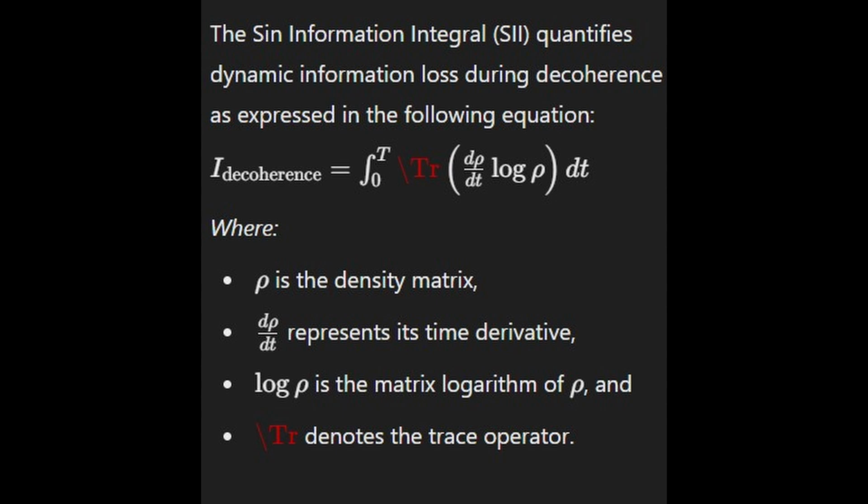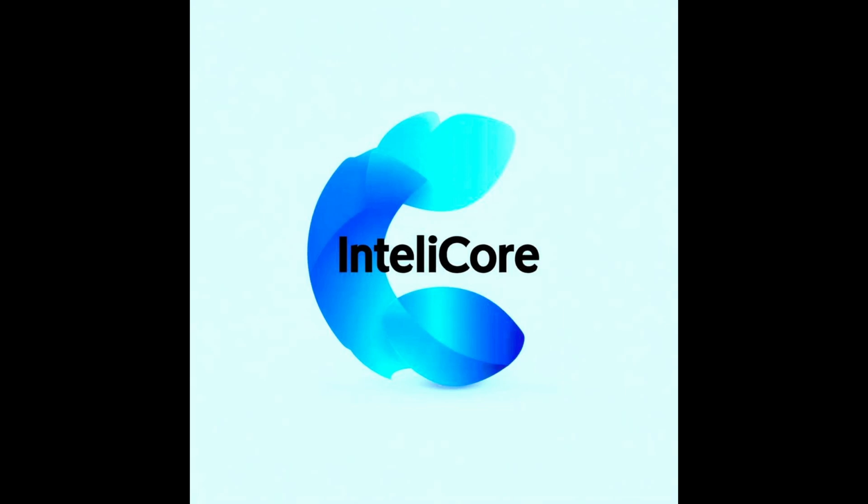Distance measure, as in how far the state has evolved? Yeah, exactly. Like, how much the information has been scrambled. And integrating the sine of that distance could capture any kind of oscillatory behavior in the information loss. Like maybe it's not a smooth decline, but it goes up and down as the system evolves. Oh, so we're not just seeing how much information is lost, but how it's lost, like the pattern of the